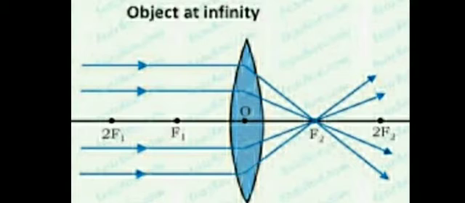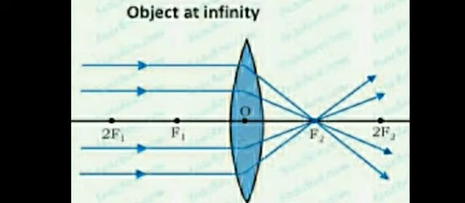So students, first case, if object is placed at infinity, what will happen? Students, rays are coming from infinity parallel to the principal axis. Then, according to first rule, they will pass through the focus and the image will be formed at focus because all the rays meet at one point, that is focus, and this at the point of intersection of refracted rays, image is formed. What will be the nature of the image? It will be diminished, real and inverted.